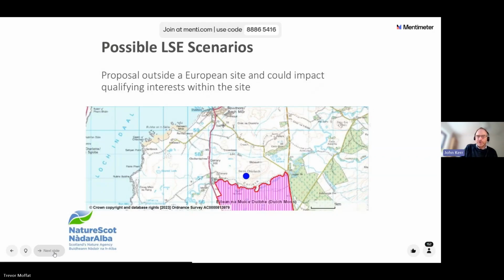So this is also going back to what I was saying before. Outside of a site, you need to consider if the proposal is not in a site, but you do need to consider nearby or relevant sites. This could be, for example, where there's a protected habitat, and there's downstream effects that could impact on that habitat